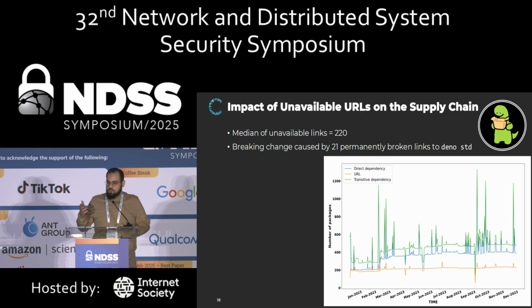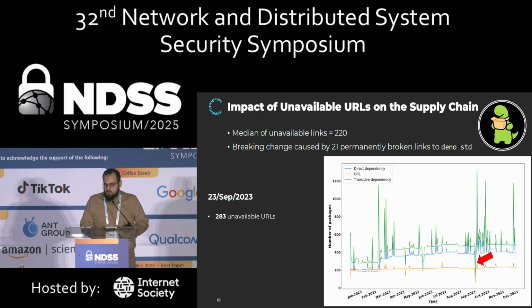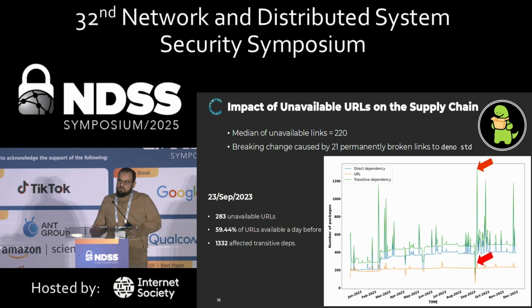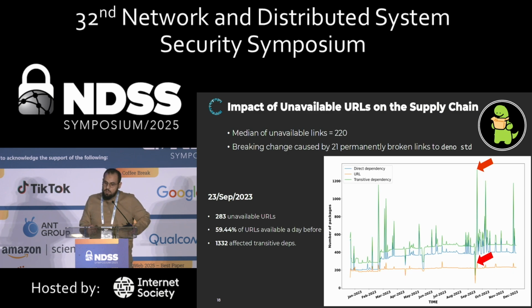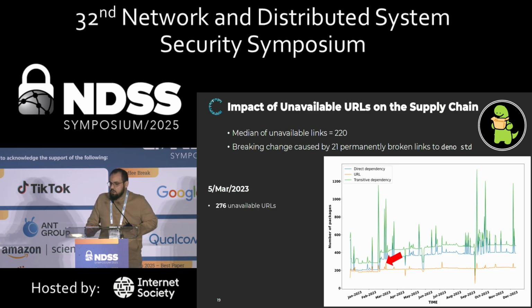One of the things that we found across our study over time is that the median number of unavailable links was around 220 links. One example is on the 23rd of September, when there were 283 unavailable URLs. Almost 60% of these URLs were available the day before. The amplification factor is a bit high, where we can see 1,332 affected transitive dependencies. We can also see that on the 5th of March, there were 276 unavailable URLs